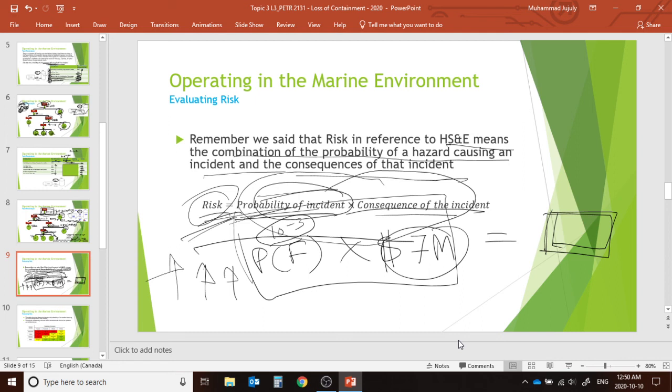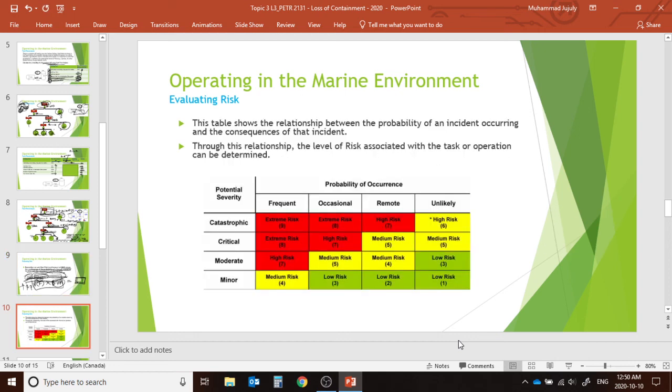Okay, so I guess we have learned something new, right? We have learned how to do this calculation, and how risk actually works, why risk profiling is very important, why risk assessment is very important, and how we actually determine the risk. I think it's a very valuable lesson for your future career. Anyways, so based on this